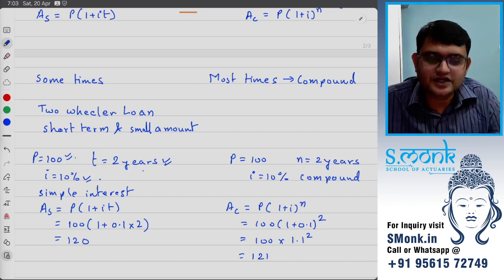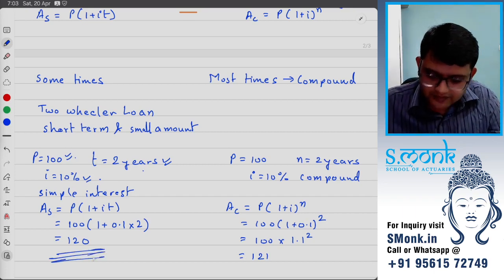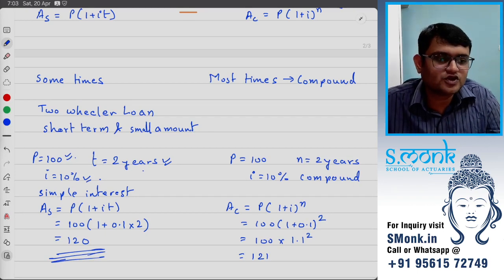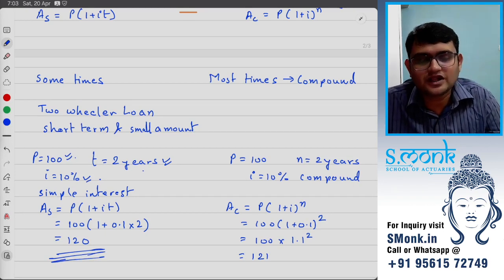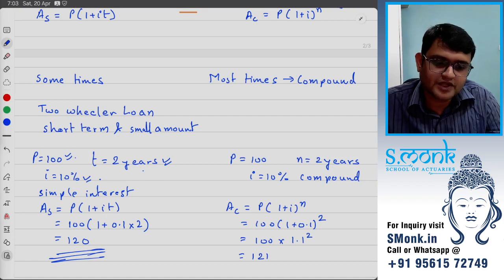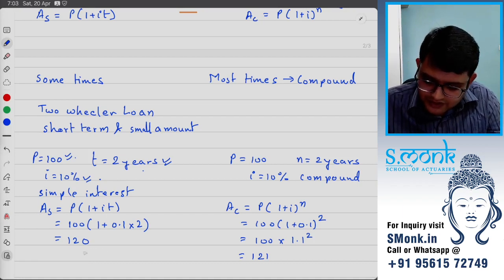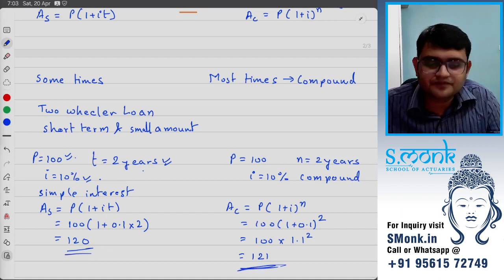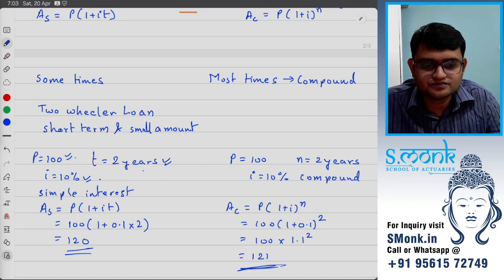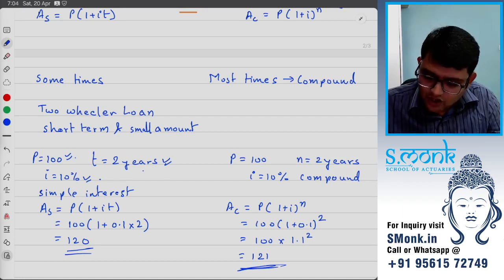But calculating simple interest is easy. You can calculate it without a calculator. So it's simple. And you can see the difference is just 1 rupee. Okay, the difference was just 1 rupee. So there's a small difference